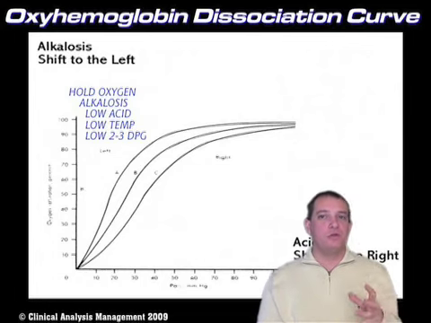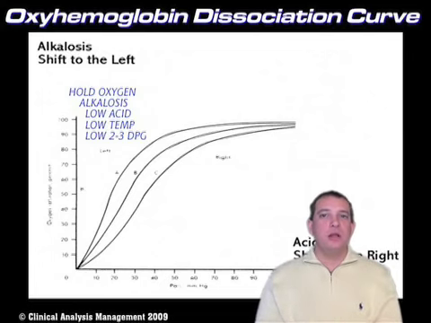Remember that when we shift to the left, we hold on to oxygen, and the 4 things that would make that happen are alkalosis, a low acid state, a low temperature, and low levels of 2,3-DPG. And you can always tell the really inexperienced resuscitator, because when you've got somebody who's a major trauma patient and you're sitting there watching them,